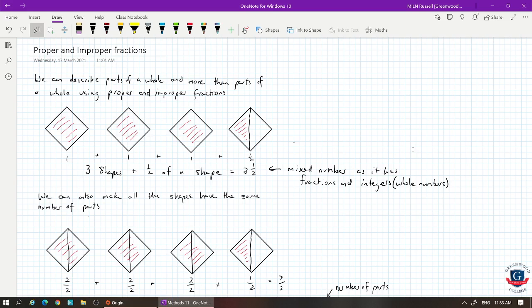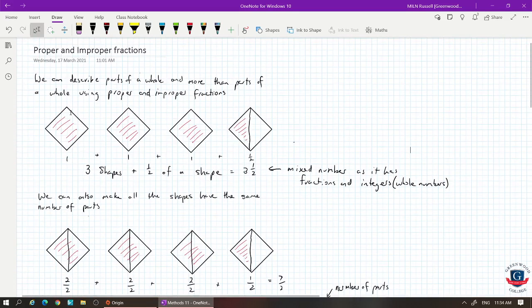So here we have 4 shapes, and I've coloured in 3 of them, and I've coloured in half of the 4th one. So we've got one whole shape here, another whole shape here, another whole shape here. That's 3 whole shapes, plus half of a shape, or 3.5. And this is called a mixed number because it's got wholes and it's got a fractional part. Now we can make them all fractions, funnily enough,